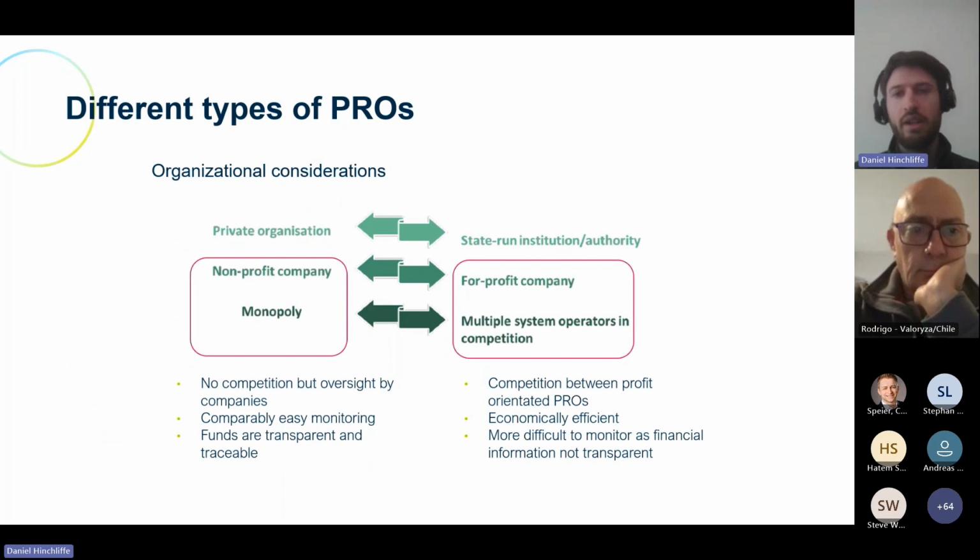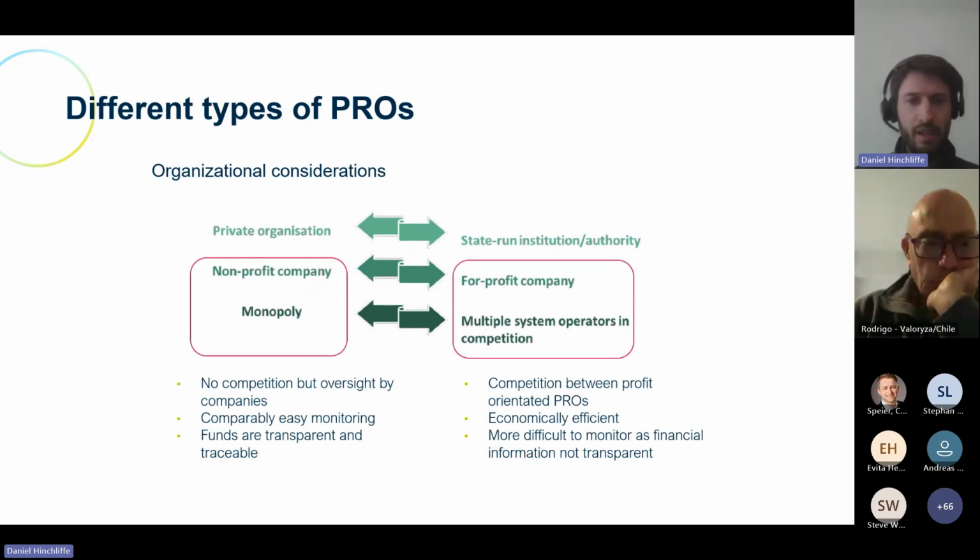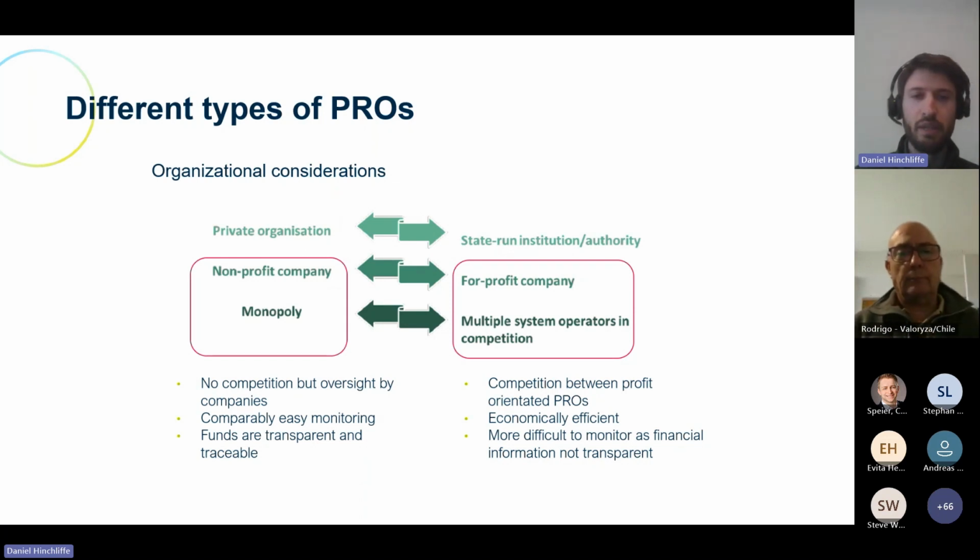And depending on where you are and how the system is being set up, we also have different types of PROs. So it's just important to be aware of this. Some countries have set up a system where they have one non-profit company who has a monopoly on the market. They manage the whole system. In this sense, you have no competition between different PROs. And this makes it slightly easier to get an overview of all the different companies that are obliged and whether they've been captured by PROs in the market. It's easier to transparently monitor and trace this, but maybe it's not the most effective in terms of economics